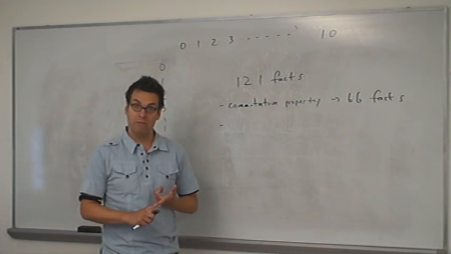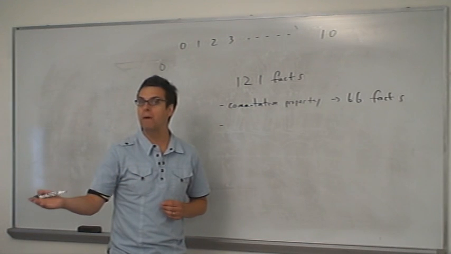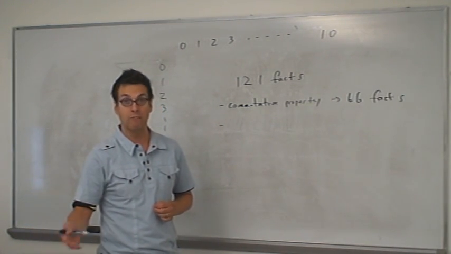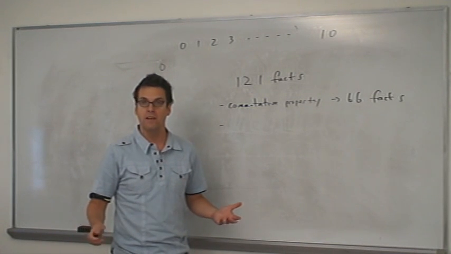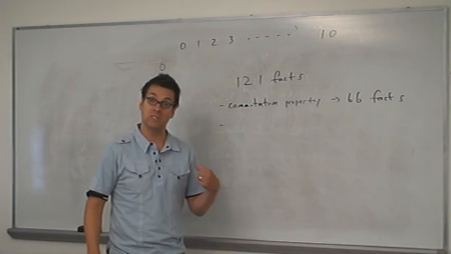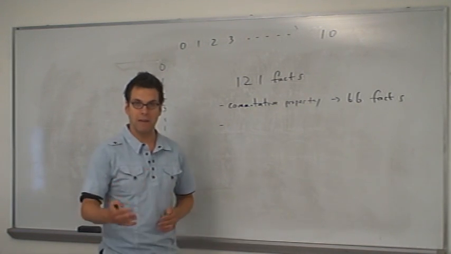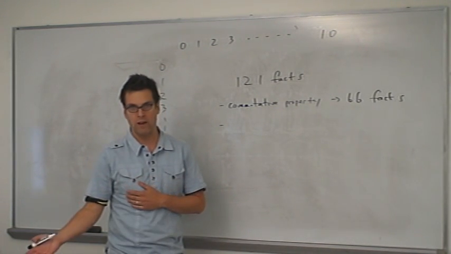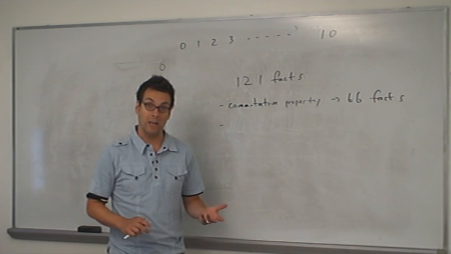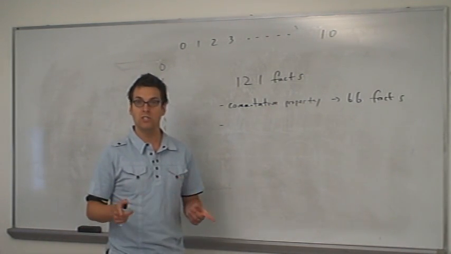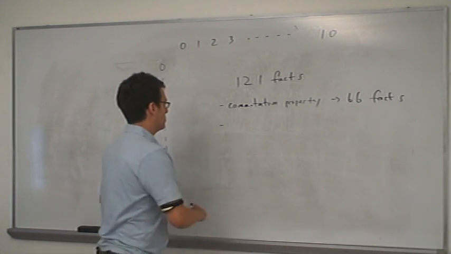Multiples of 5. There are mental math techniques to help us with multiples of 5. But again, skip counting is a useful tool for multiplying by 5. Just count by 5s. 5, 10, 15, 20, 25, so on and so forth. Skip counting by 5s is equivalent to multiples of 5. Multiplication by 9, we are going to learn mental math strategies for that as well. And multiplication by 10 just corresponds to a place value shift. So for example,